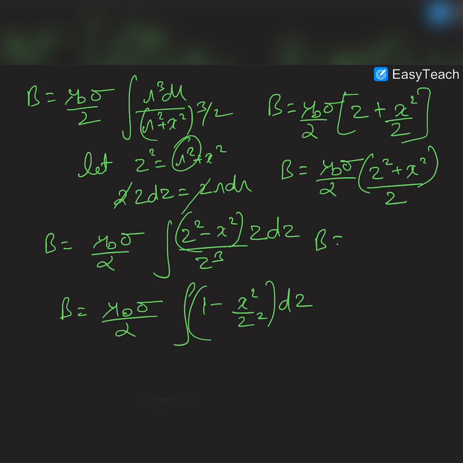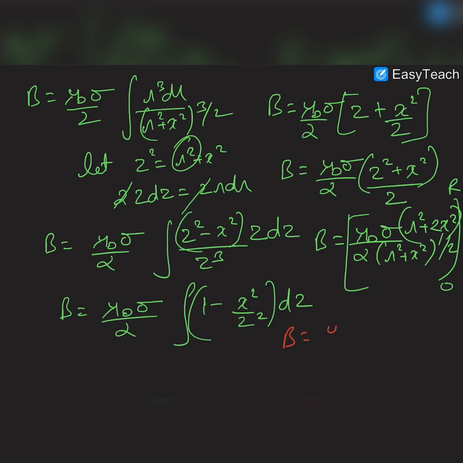And B will be equal to mu naught sigma by 2 times r square plus x square to the power half, and in the numerator it would be r square plus 2x square, and the limit of r will be from 0 to r. So finally B will be equal to mu naught sigma by 2 and r square plus 2x square